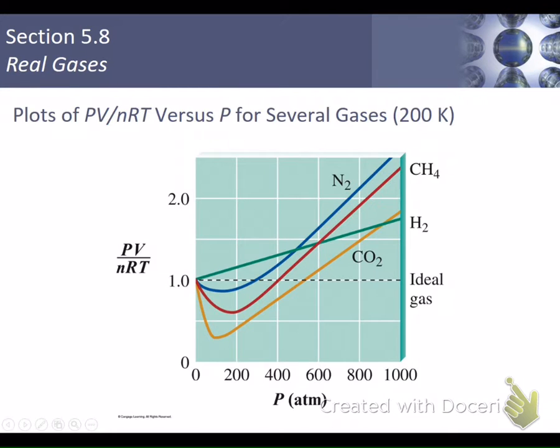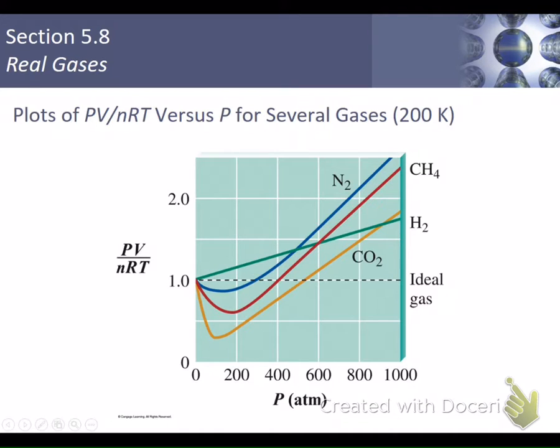Here we can see graphically some empirical proof that we have deviations from ideal behavior. So what we have here, PV over nRT, we know that should be a constant. And if we had an ideal gas, then that term would just go, at 200 degrees Kelvin, it would just go right straight across. There would be no deviations ever. But in this example, if we graph different pressures, we can see that we do not have a constant term here for PV over nRT.